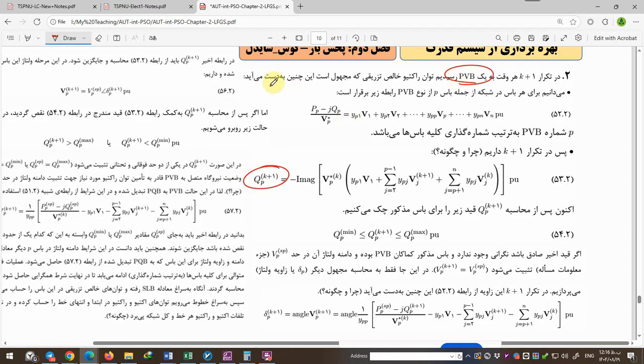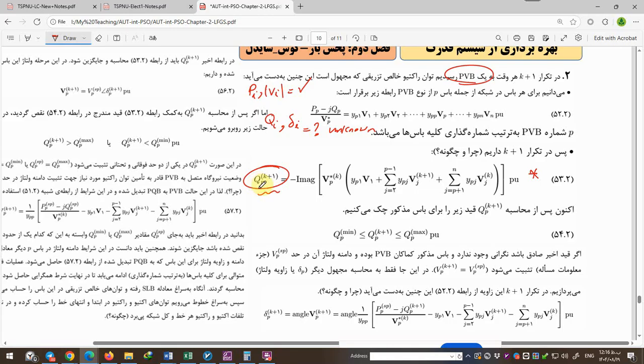In a PV bus, P is determined and the magnitude of voltage is determined, and Q and the angle are unknown. This formula gives you the new iteration of Q,